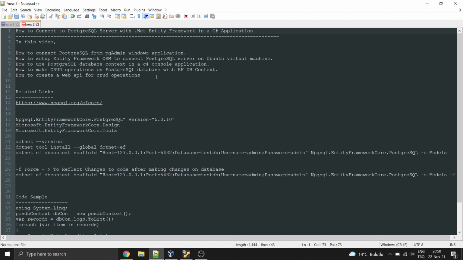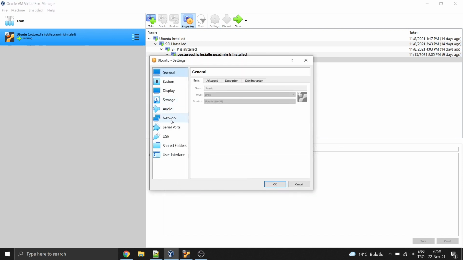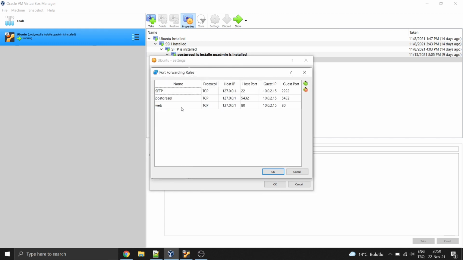PostgreSQL is running on Ubuntu virtual machine, therefore I need to do port forwarding on VirtualBox. First I go to VirtualBox, I go to settings of my virtual machine, I go to network, I click advanced port forwarding. Now I have the rule here to forward my local IP address 5432 port to Ubuntu 10.0.2.15 5432